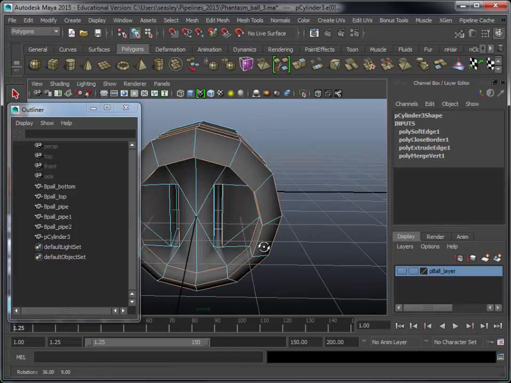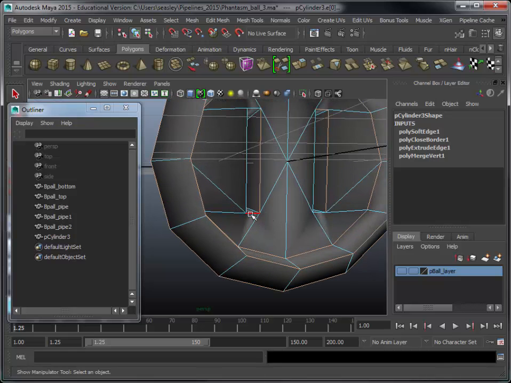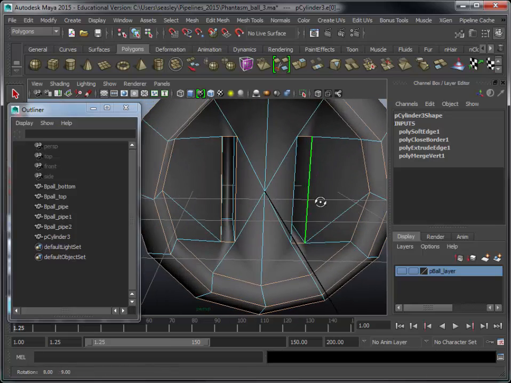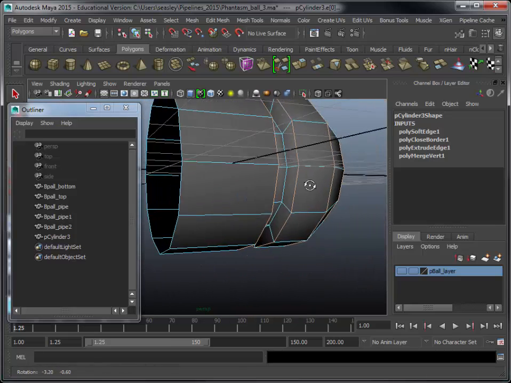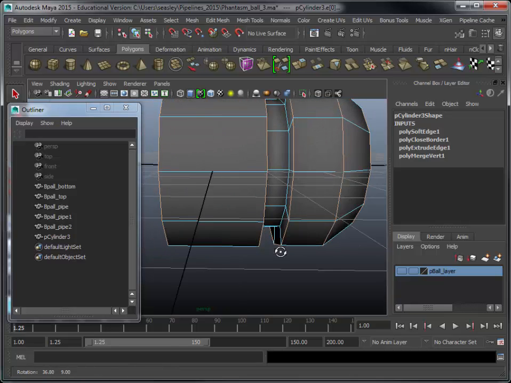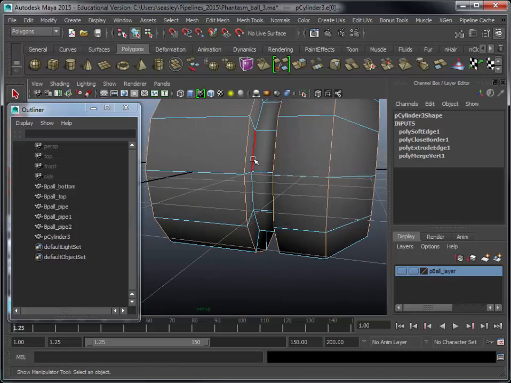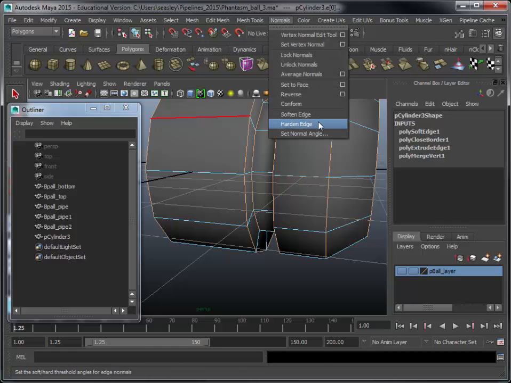And it looks like it no longer recognizes that double clicking one of them is going to grab the outer edge of this socket. So I'm just going to go back to the old school method of shift click and this double click bit here. And also don't forget the inner rings also. And if we go back now to normals, harden edge,